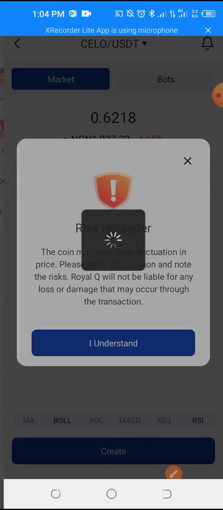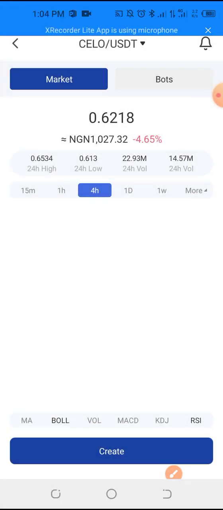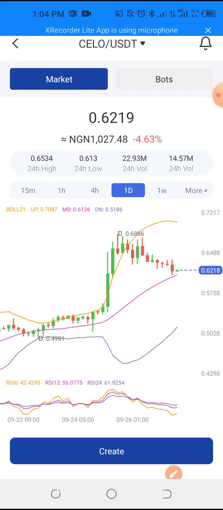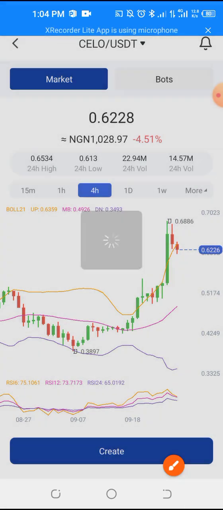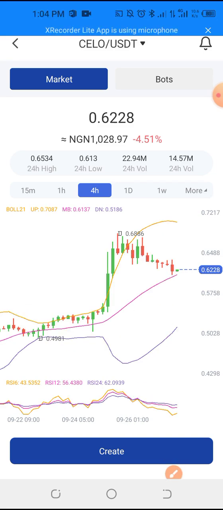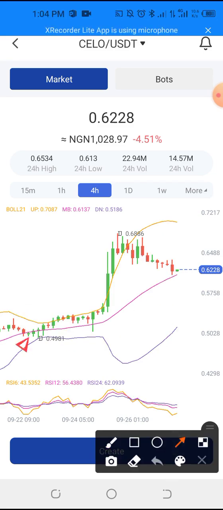If we check Celo too, let's check the 1 day chart. You see that the coin has been on the upward trend for days and is about to go down. If we check the 4-hour, you will see that most of this coin went up and is coming down. So unless the market moves up more, it will go down. But